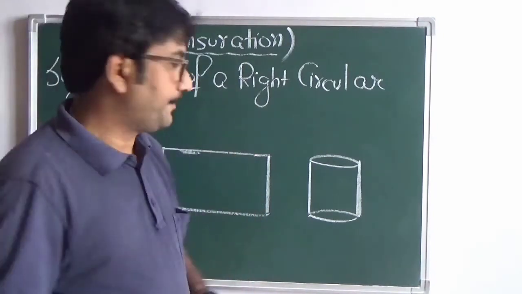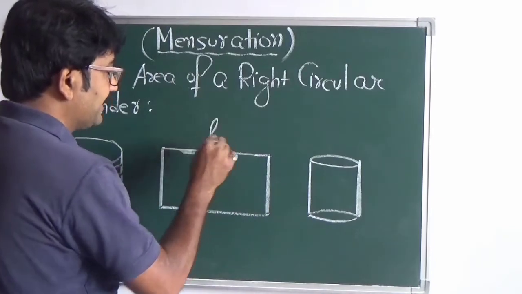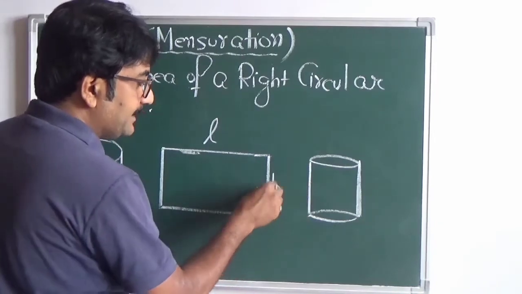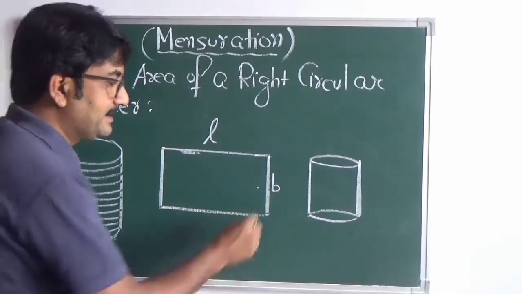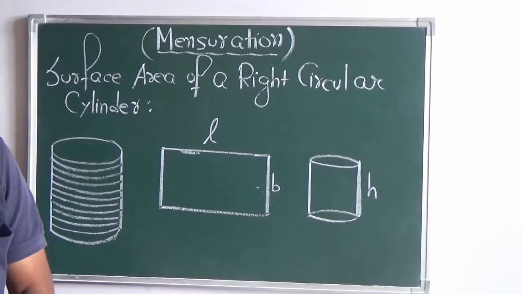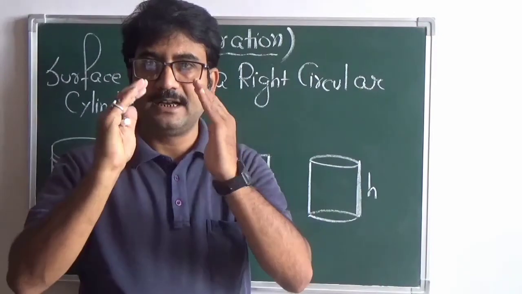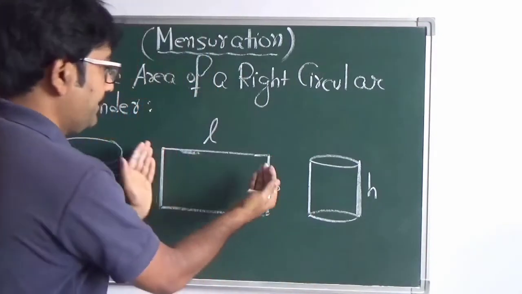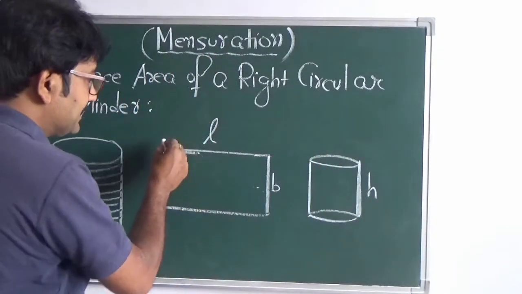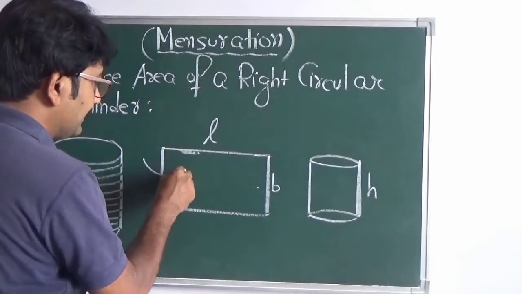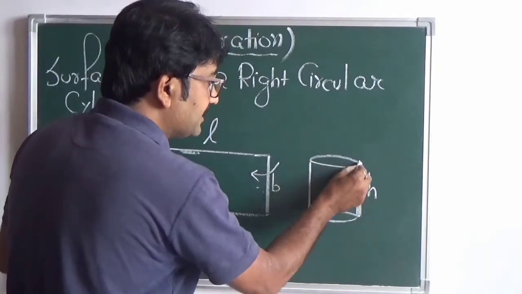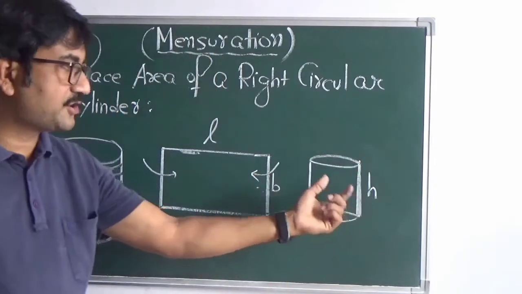Now if you see, this is the length of this rectangular sheet of paper and this is the breadth of this. If you compare these two, the breadth of this rectangular sheet of paper is equivalent to the height of the cylinder. Right? Now if you roll the paper like this in a cylindrical form, this is the shape you are getting. So when you are rolling it, this part is rolled like this from both sides and you get this circular part, which is the area of cross section of this cylinder.